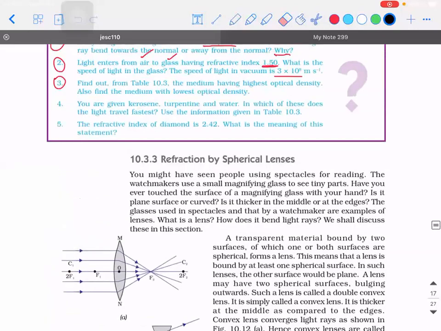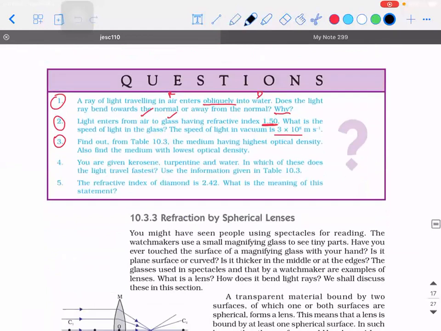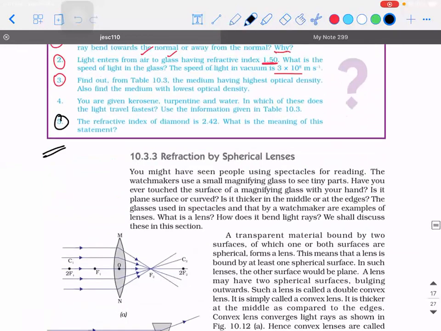So yesterday we saw the concept of refractive index, right? This was the last problem we saw yesterday. And we saw refraction through a plane surface, right? Plane in the sense there was a straight boundary, and we saw the refraction through the plane surface.